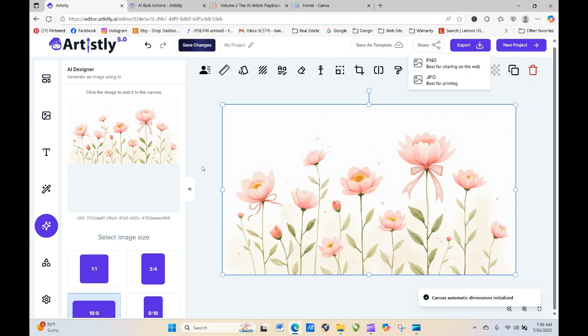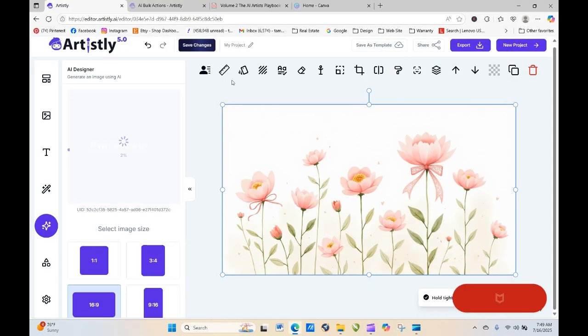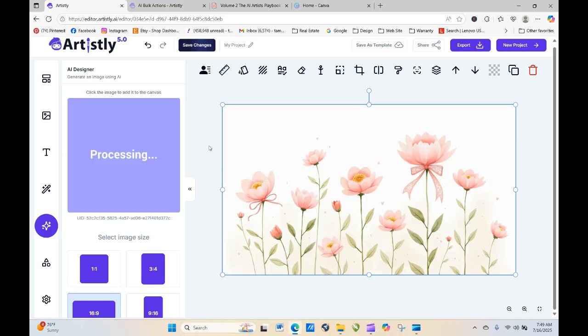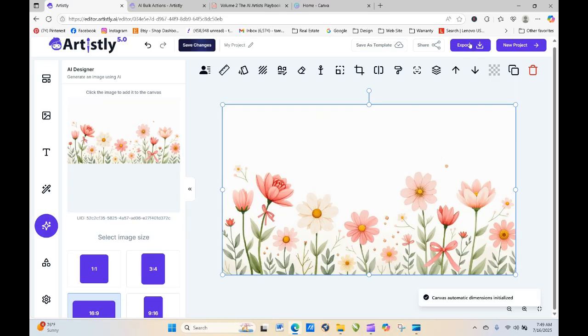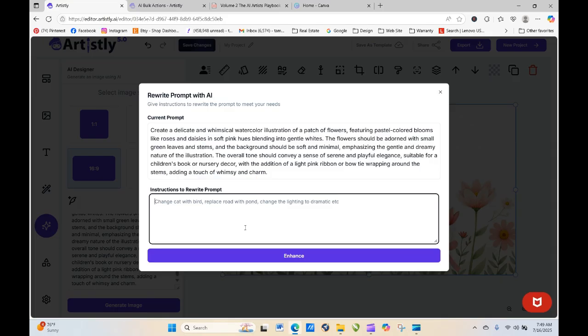So pretty. Let's do one more. And what's so cool about this is these little things can be used separate and apart from the bunnies, so they'll make it a real valuable set for folks. Okay, so now what we can do is go back in and say, keep the colors and style of this prompt,